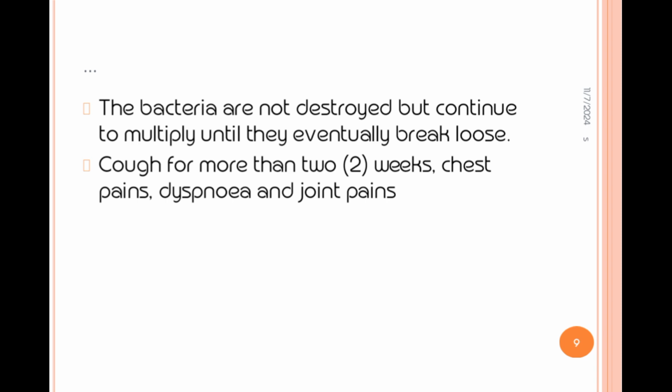Chest pains will come in as a result of an inflammatory process or reaction in the body, and also some rupture of the blood vessels that are there. That's why you find that there is also going to be coughing of blood, which we call hemoptysis. Then you also have dyspnea, which is difficulty in breathing because there is a destruction in the gaseous exchange, and there are a lot of fluids in the lungs or in the respiratory system that are making gaseous exchange